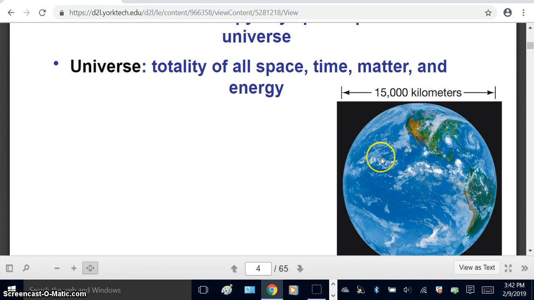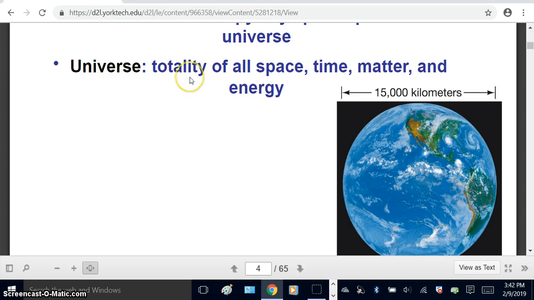Of course, our planet is the only planet that we've seen any evidence of life on. That doesn't stop us, of course. Even in our own solar system, there might be places that have life, in particular some of the moons of the outer planets, and we'll talk more about that as time goes on. All right,